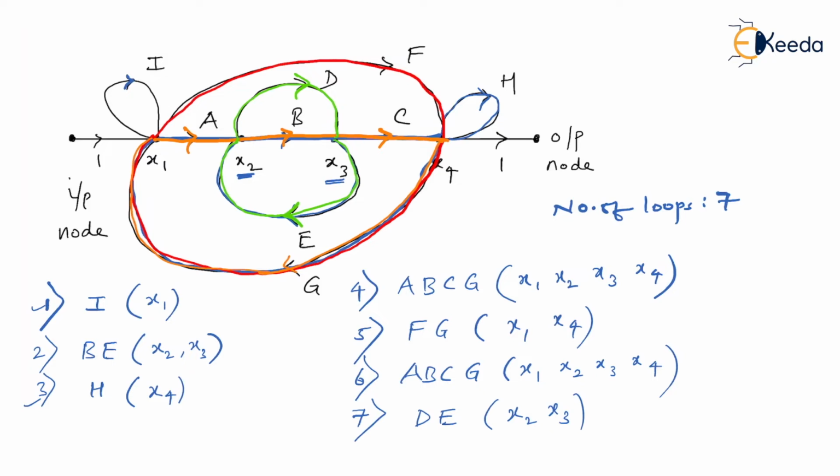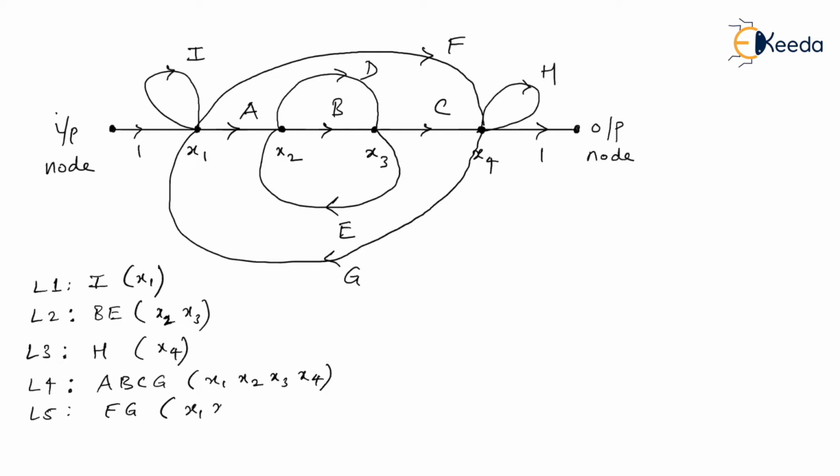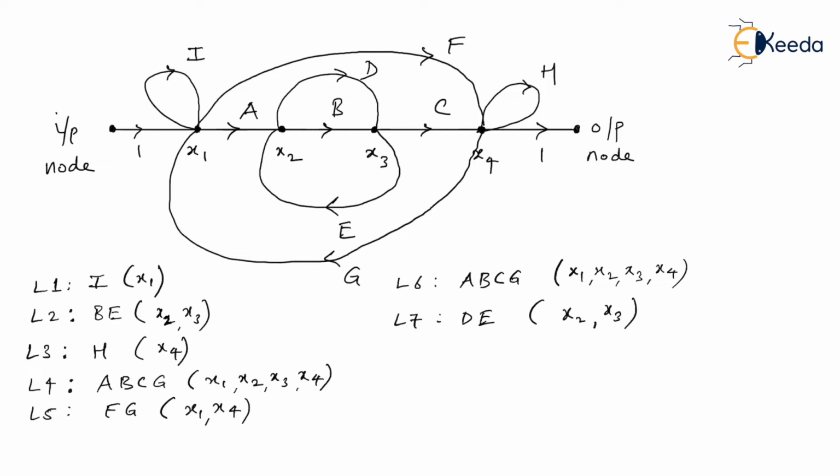So let us start with the next exercise, that is finding two non-touching loops. But to find two non-touching loops, again I'll have to list all the loops that I have along with their involved nodes in the next slide also. So first of all, I'll note down all the nodes that we have found out. So I've finished rewriting all the 7 loops right from L1 to L7 along with their loop gain, along with their nodes which are involved while completing the given loop.